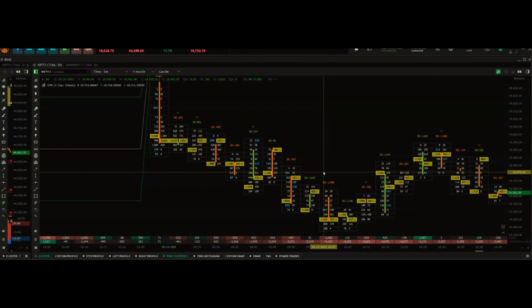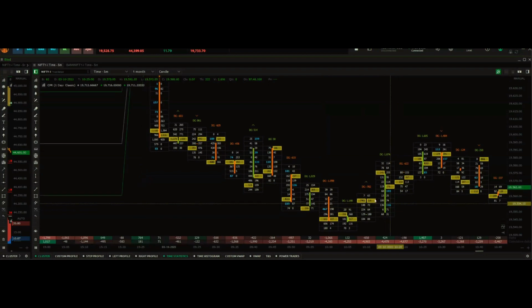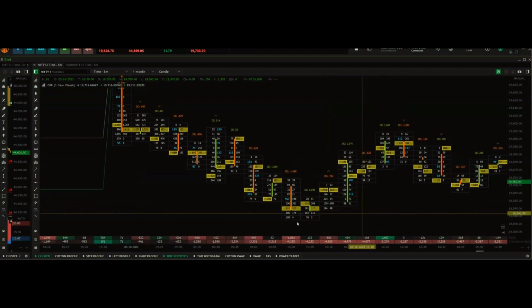So at this point, if you notice that longs have started defending, you can see in this particular bar that the ask sides are showing imbalances, smaller chunks of orders. But before it happened, I don't see any large orders absorbing the selling that had been happening in the markets. So the structure is changing.